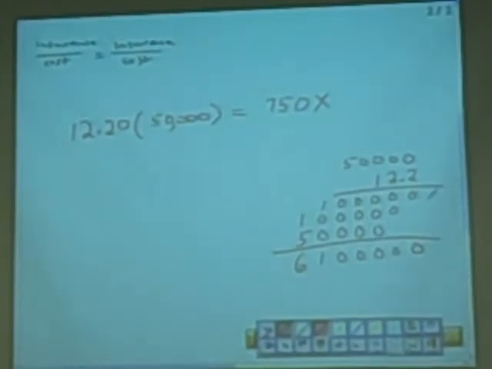Well, where's that decimal point going? You have to move that decimal point over one place, right? So you're going to have 610,000. Okay? So that'll be 610,000 equals 750x. So we already said that we have to divide the 750